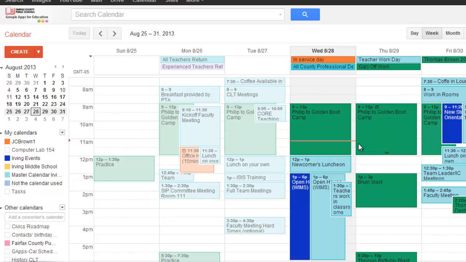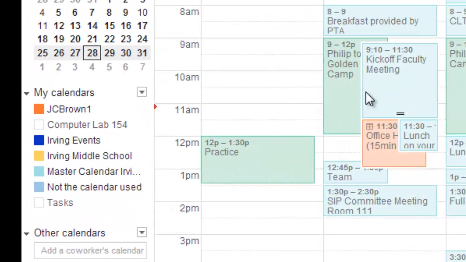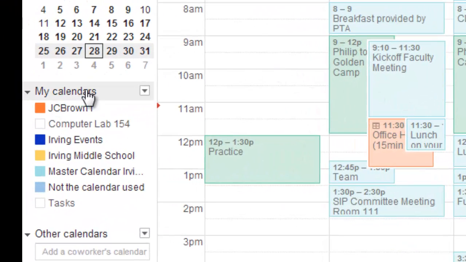So a few people asked me, how do I make a Google Calendar show up in Blackboard? Well, I'm going to show you how to do that, and how to embed is what we call this process. So I'm in my FCPS Google Apps account under Calendar, and I'm looking over on the left-hand side, and you'll